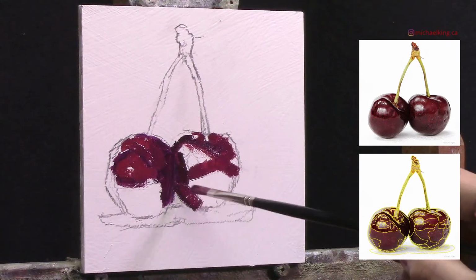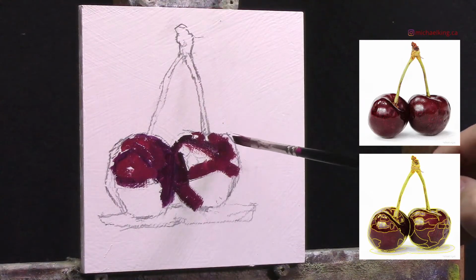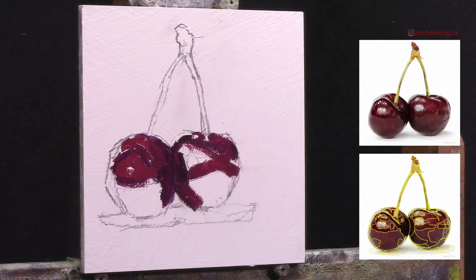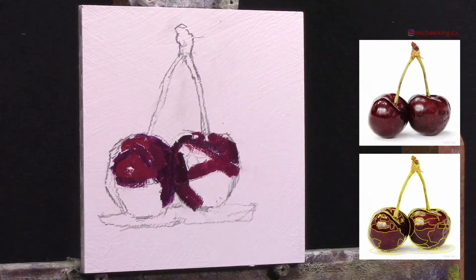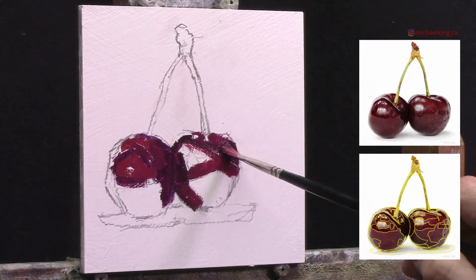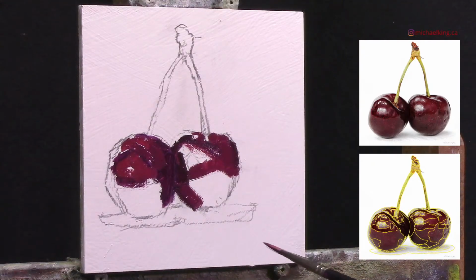Something down here. I missed a dark on this side, so I'm going to go back. Mix some of my dark value. There's just a little sliver of dark here. There we go. I'll go back to that other value. Cut into that dark, because it is a thin dark. I don't want it too large. All right. And now we want to take our next shape,